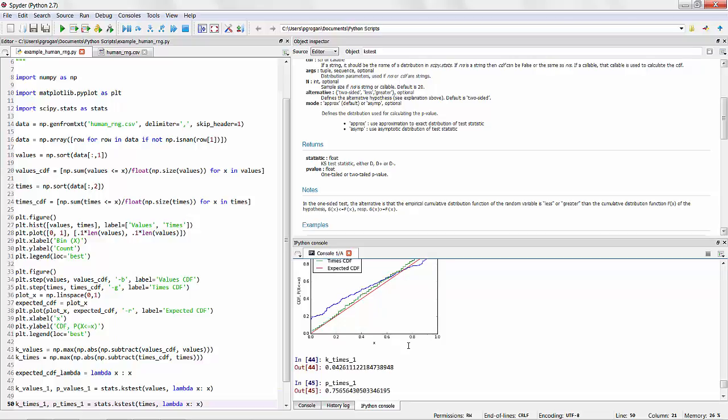And it is likely, in this case, that the time that the participants submitted their data does indeed follow a uniform 0-1 distribution. Now, this goodness of fit test doesn't check other features that we would desire from a random number generator. For example, having the samples be independent of one another. We did show in lecture that these times that the variables were submitted at appear to be correlated with each other. However, we would need to test